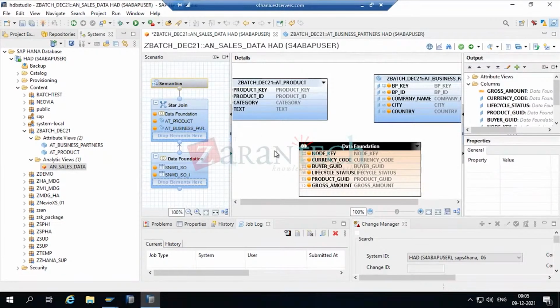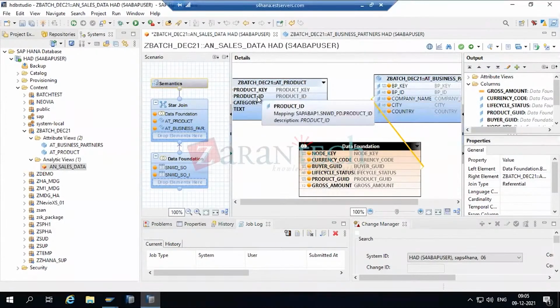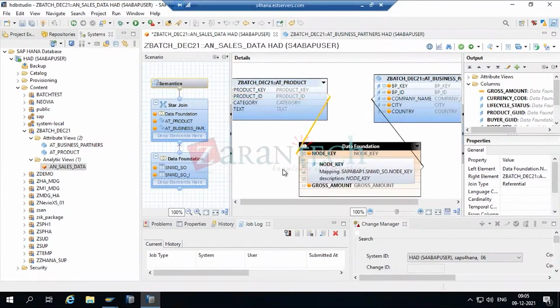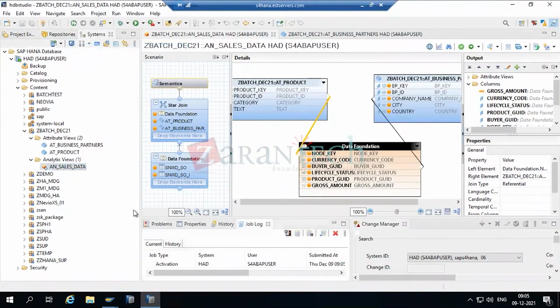So I'll add this buyer GUID to the company name, and I'll add the product GUID to the node key here. Where is the product? Okay, let me now save. Activate. If I see the data preview,